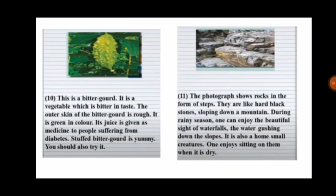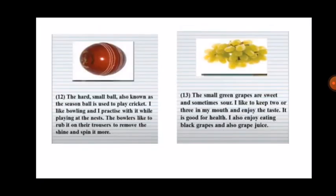Next is a photograph of a ball which we use to play cricket. It's a hard, small ball, also known as the season ball. It's used to play cricket. I like bowling and I practice with it while playing at the nets. The bowlers like to rub it on their trousers to make it shine and spin more. We see that when the game of cricket is going on, bowlers rub it on their trousers for the